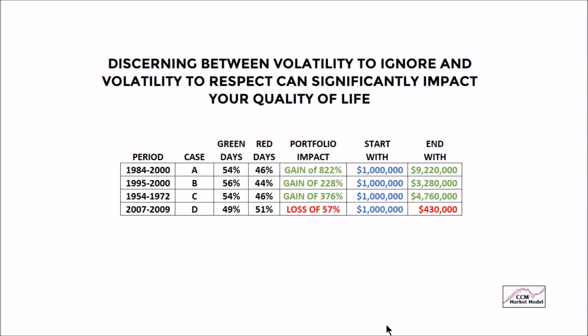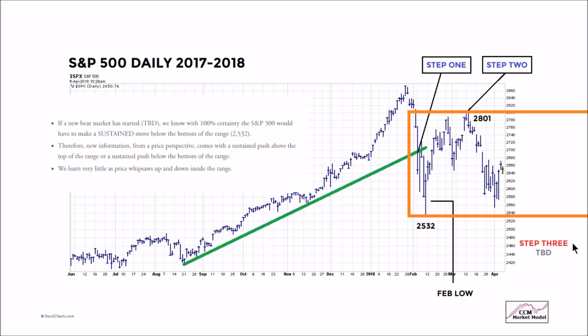We are getting closer to a mathematical inflection point based on our approach and our time frame. And as we have covered in the past, discerning between volatility to ignore and volatility to respect can significantly impact the quality of our life. If I start with $1 million in the bullish cases, it looks nice. If I try to buy and hold forever, it can be very, very painful. My $1 million can turn into $430,000, and that is not a hypothetical scenario,